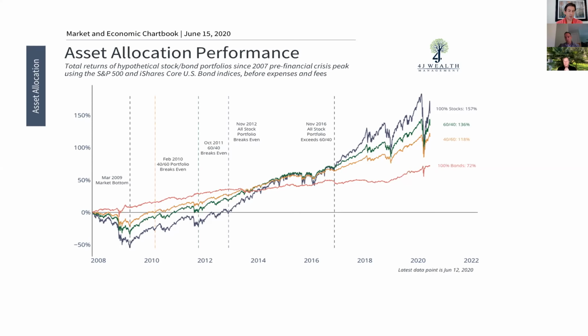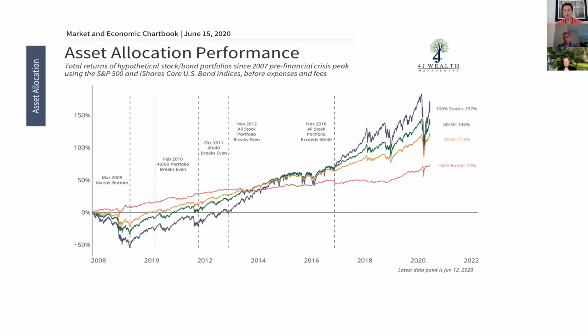Conversely, bonds in the short term, they actually didn't have a negative year. So you were in the green immediately, starting by the end of 2008. But if you fast forward to 2020, it's still a positive return, but it's 72% that you would have made versus 157%. So the volatility that you experience is a big reason why your returns are higher, right? That's the price you pay for a higher return.